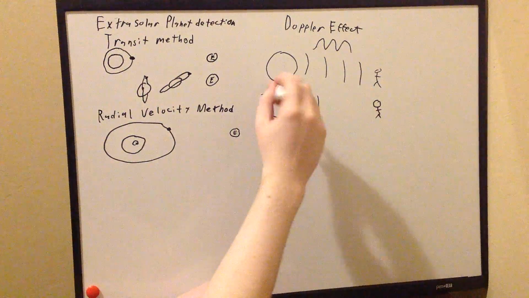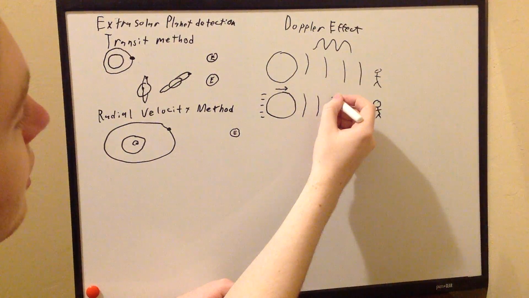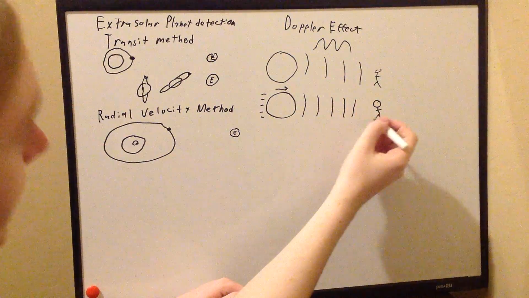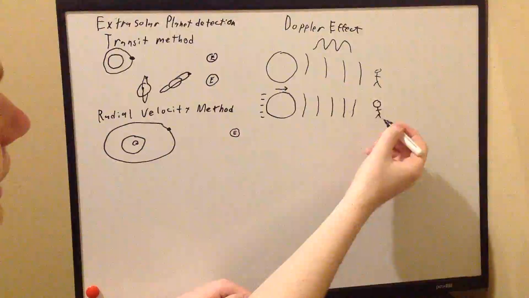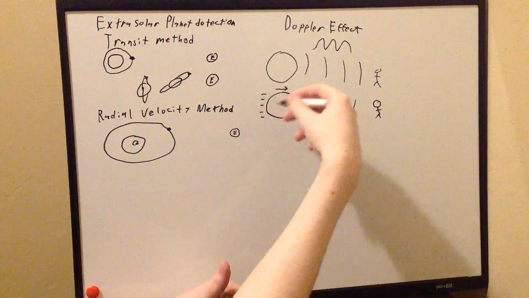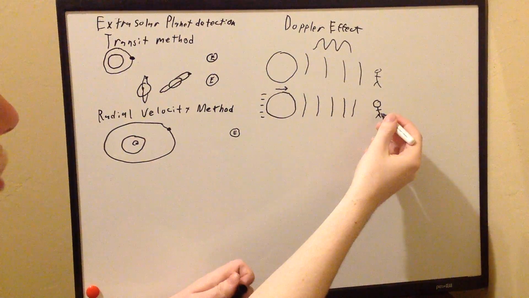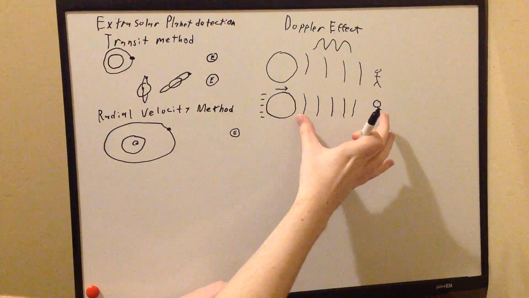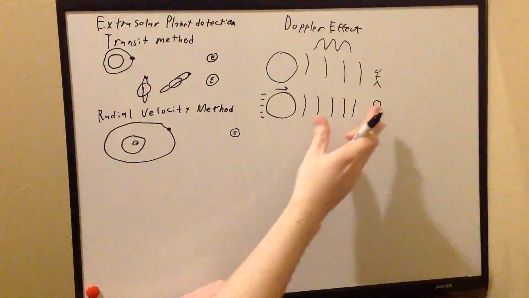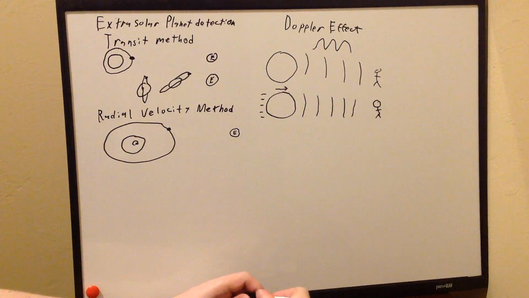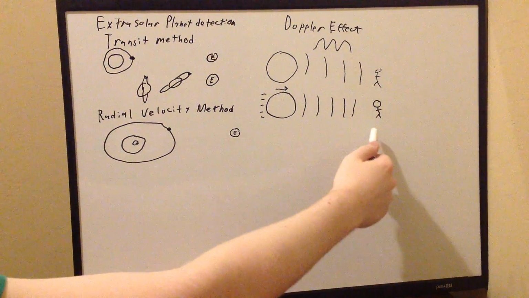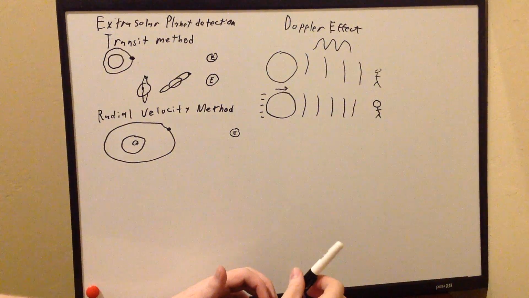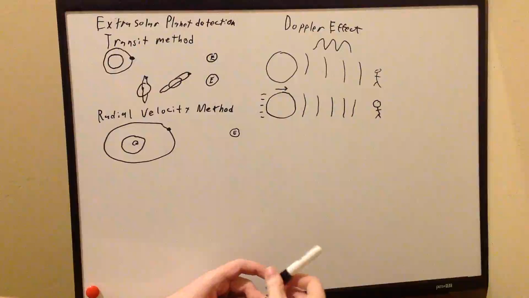And then it does the same thing, moves closer to the second peak before it emits the third peak, and the fourth peak, and so on. And so the result is that even though it's emitting the wave in the same way it is here, the person it's moving towards sees a wave that's been squished. It's been compressed into having a shorter wavelength. If it's a sound, he's going to hear the sound as being higher pitched. If it's color, he's going to see a color associated with a shorter wavelength